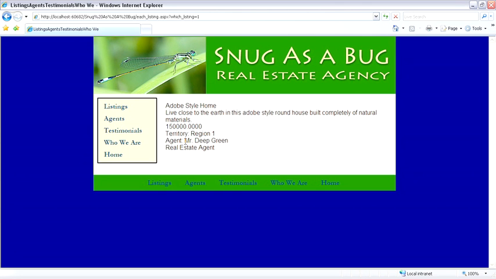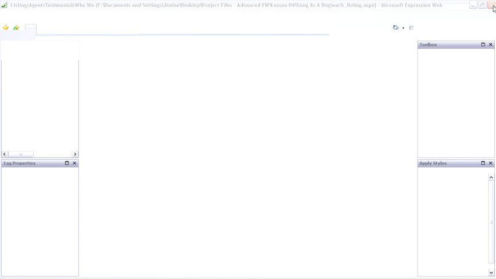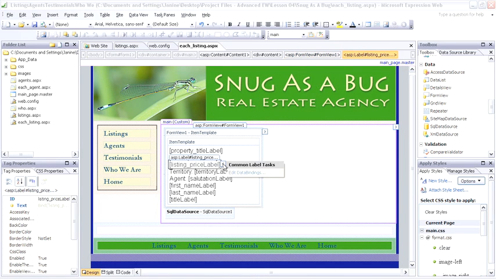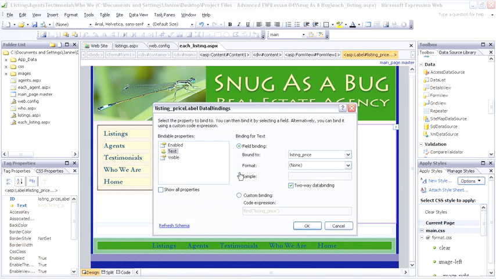There are a couple other things we might want to do here, like reformat that number again so that it looks more like currency. So let's go back to Expression Web and come down to our list price label, choose Edit Data Bindings. We want to change the format to curly bracket 0 colon $ pound, comma, pound, pound, pound,